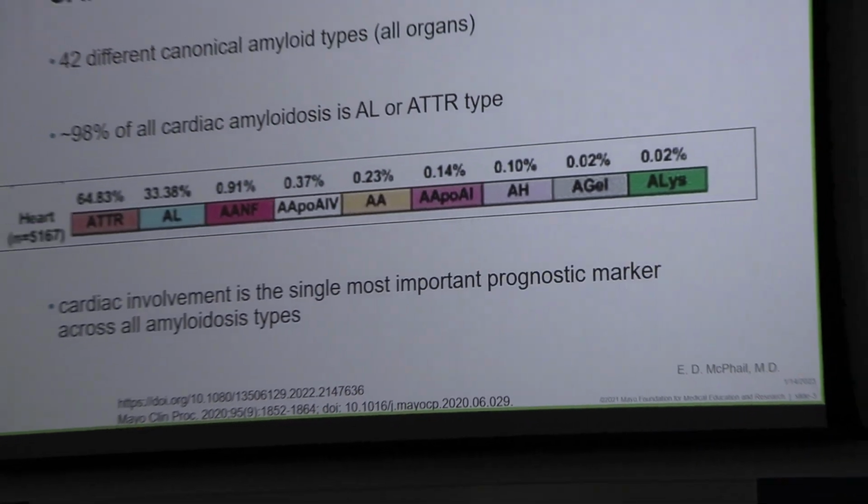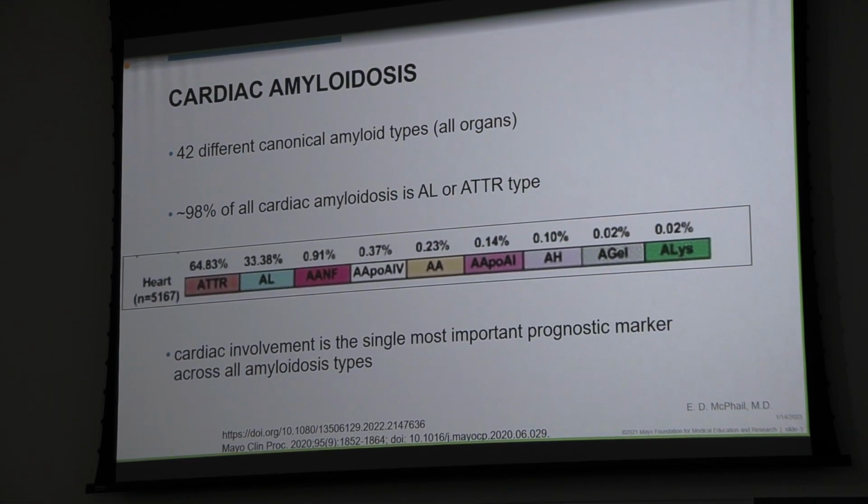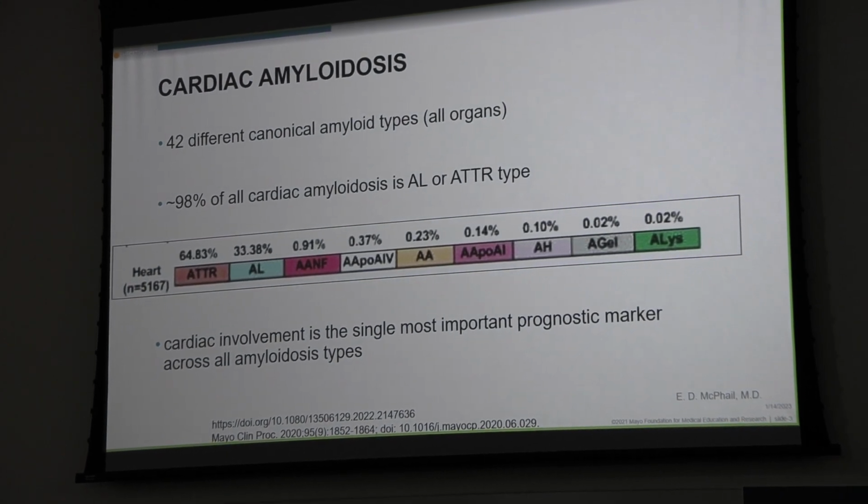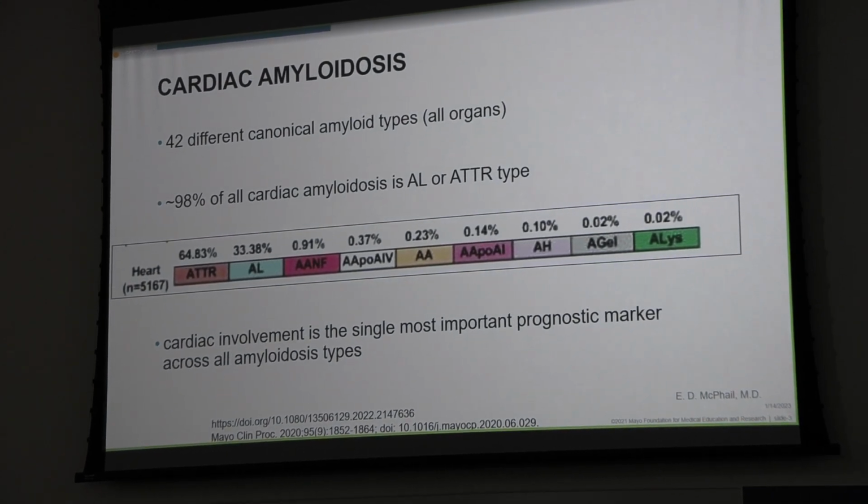So just as a background, amyloidosis involves basically any organ in the body, and there are now 42 different types that have been described. If you look at the most recent description now, we used to be at 36, but we're up to 42. And they involve basically every organ you can imagine. But fortunately, heart is relatively simple, because although we have described,